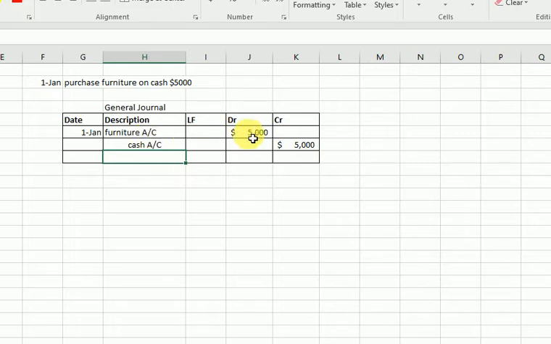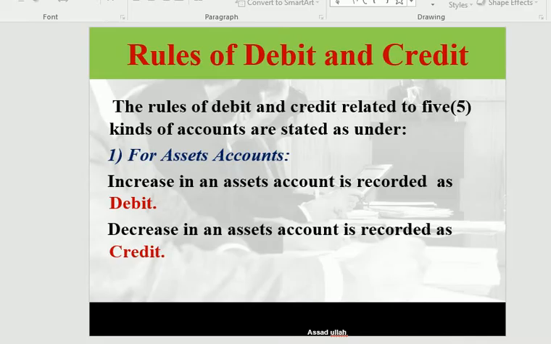So, an increase in an asset is recorded as a debit, DR, and a decrease in an asset is recorded as a credit. This is the debit and credit rules for the assets. In case of assets, we will make the recording in this sense. Now, we have